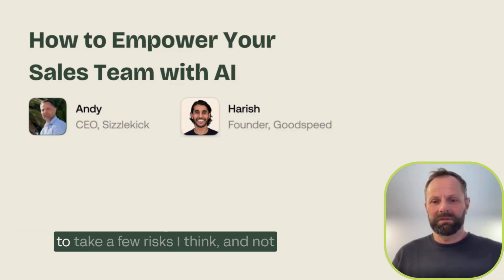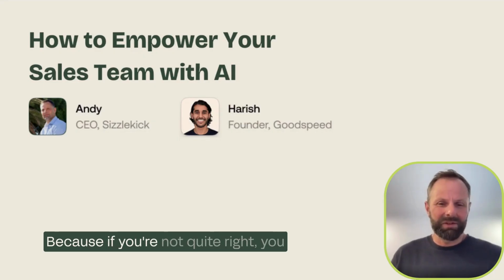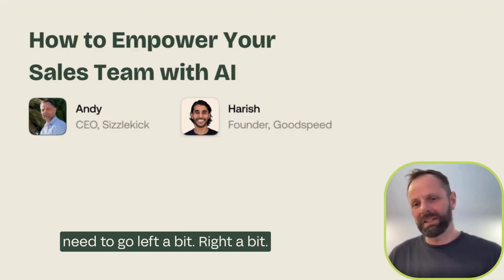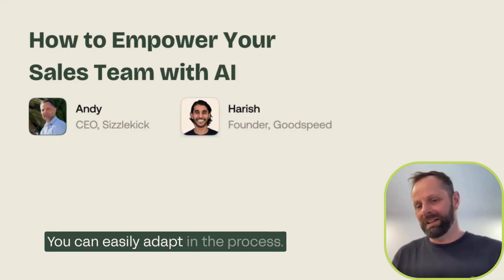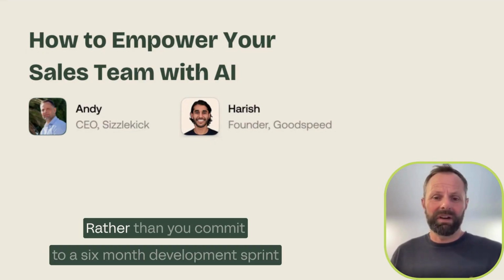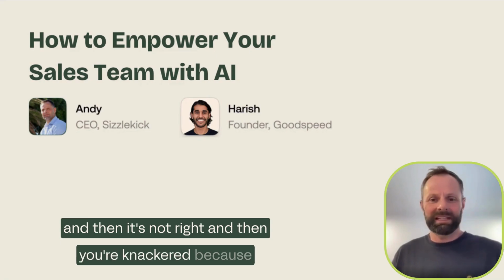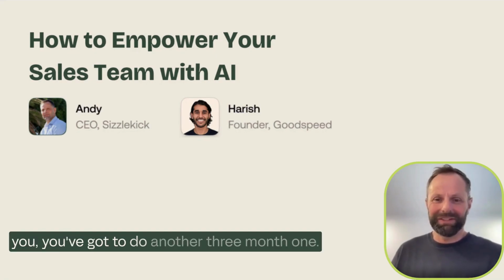So you can have the scope to take a few risks, I think, and not have the full picture before you start, because if you're not quite right, you need to go left a bit, right a bit. You can easily adapt in the process, and I think that's really powerful, rather than you commit to a 6-month development sprint and then it's not right, and then you're knackered because you've got to do another 3-month one to